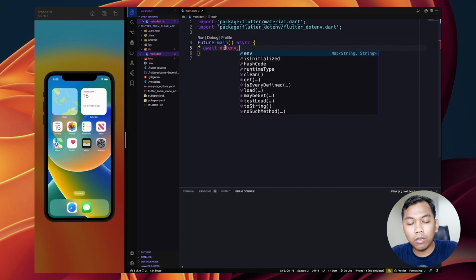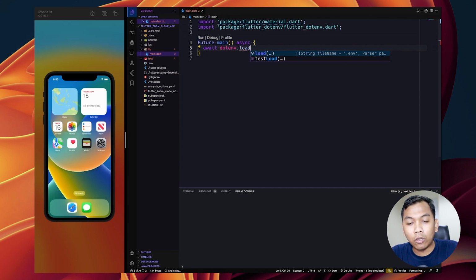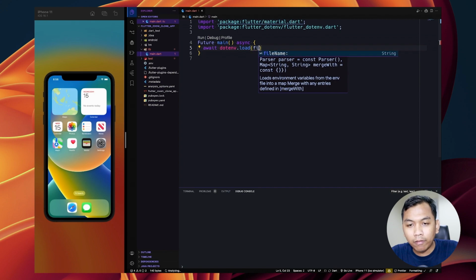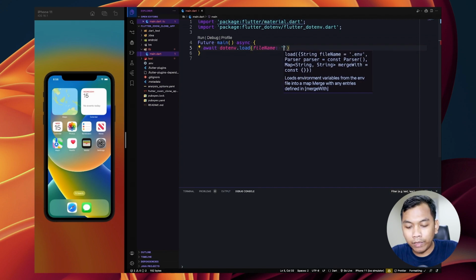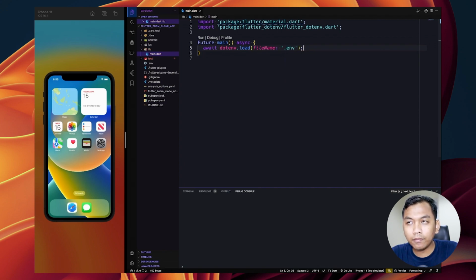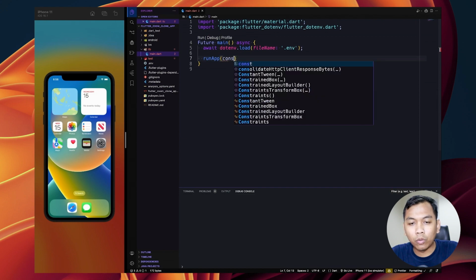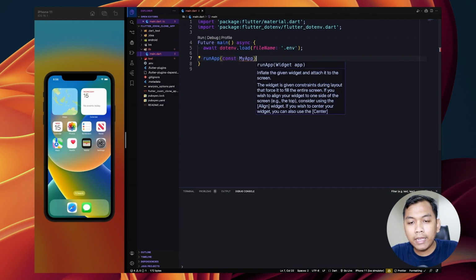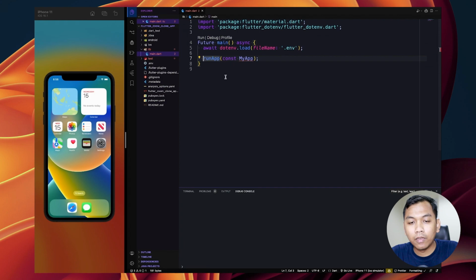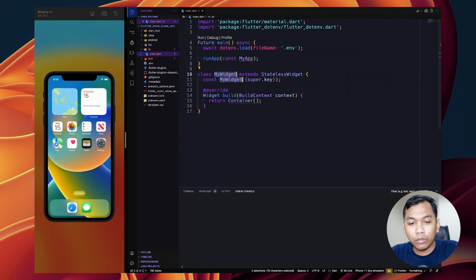We just need to call dotenv.load, and the file name will be .env. And next, we need to call runApp and we want to run MyApp, or whatever your app name is. We need to create a new stateless widget, name it MyApp, like this.